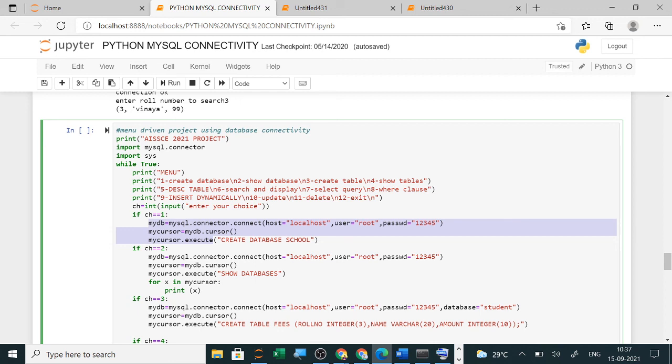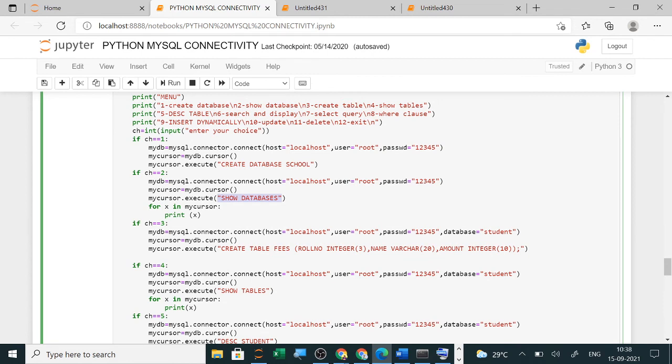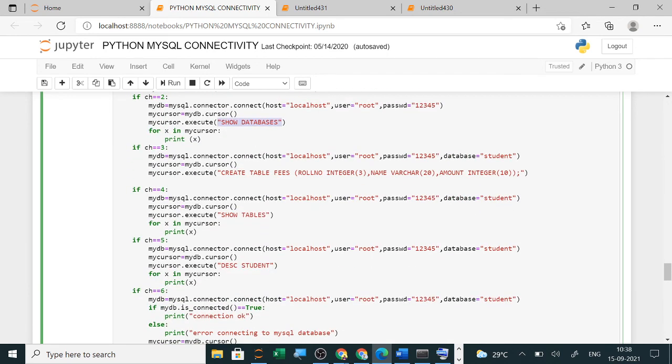And what I have changed is the commands. Here create table, only when rows you have to display, like show database, many rows are there. So for X in my cursor, print X. Same way for show table also, for X in, because many tables it will show. So wherever it is showing many rows, you have to use for X in my cursor, print X.